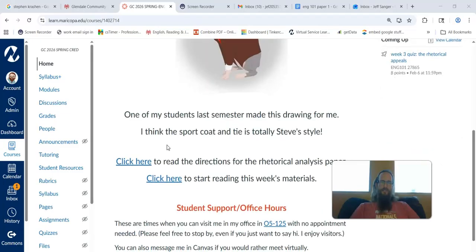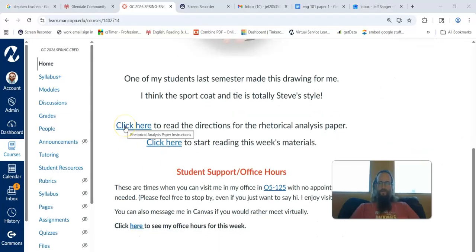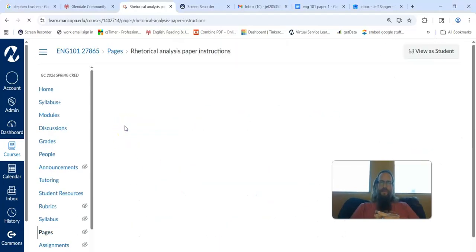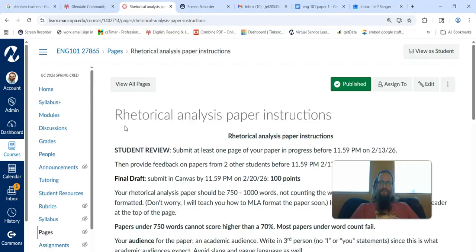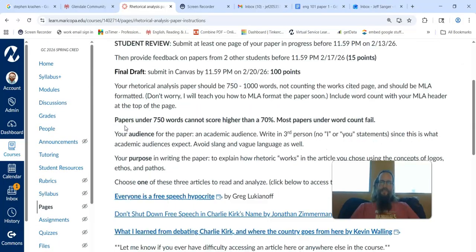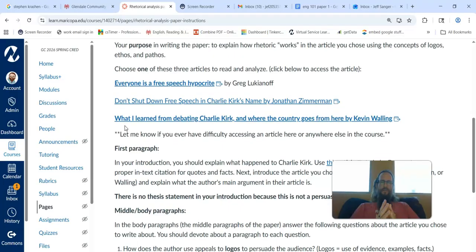Because I'm going to be talking to you all about the rhetorical analysis paper. You got to have citation in there, okay? Because in academia, when you use quotes from a source, which you have to do a rhetorical analysis of Lukianoff, Zimmerman, or Walling, because you're supposed to choose one and only one article to analyze, right?